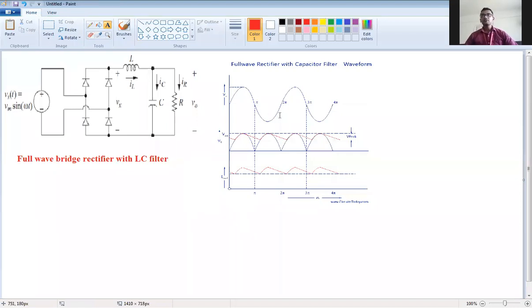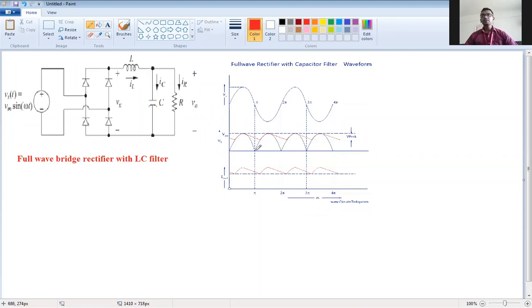This sine wave is converted in the form of pulsating DC. This is pulsating DC, means not pure DC, not pure AC. It is DC but it has AC content. As you can see, it is fluctuating DC, that is why we call it pulsating DC. Then what we want is pure DC, in the sense we want this straight output.